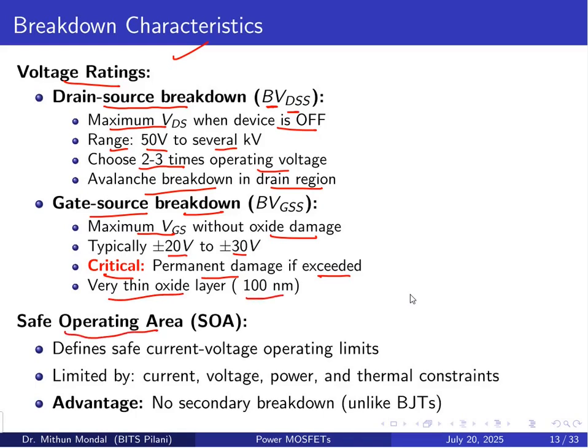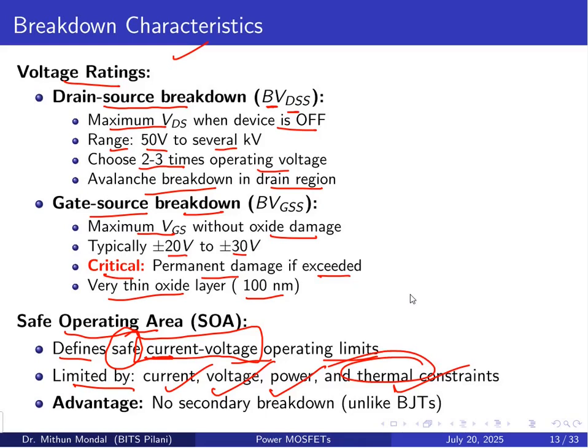Safe operating area. What is that? It basically defines the safe current-voltage operating limit. So when the MOSFET is in operation, we have to operate it safely, and as a result, the current-voltage relationship should be within the operating limit, and this is limited by the current, voltage, power, and the thermal constraint. When we talk about the thermal, it is basically the temperature. So the advantage is that there is no secondary breakdown in the power MOSFET, unlike the BJTs, where you have